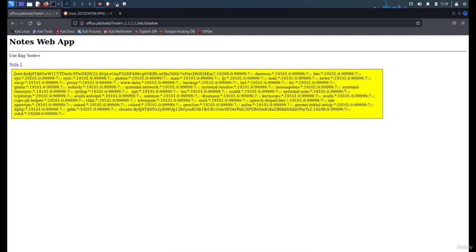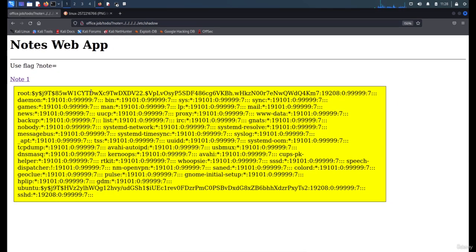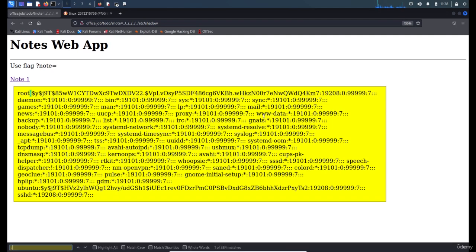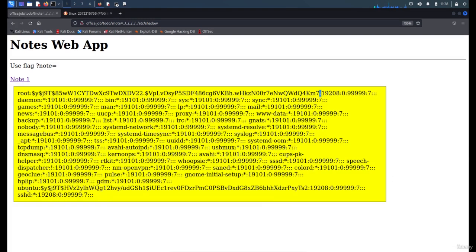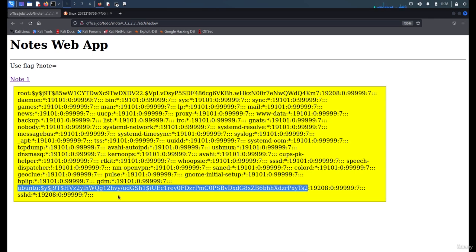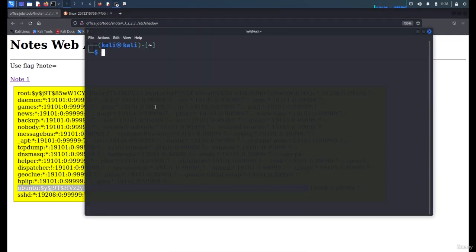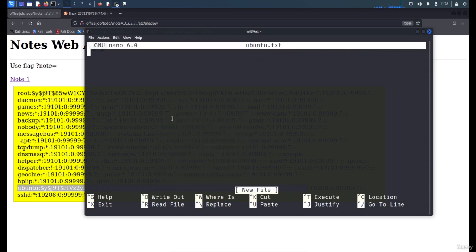So if I copy the first line with root, the separator is the colons here. If I zoom in a bit, you'll see there are many colons here. If I click highlight all, you'll see many different columns, and the columns separate the type of data. So it has the username, then the password, and then some other information. For example, we have the Ubuntu user here, colon, and then the hash of the password. So we're going to copy that, the actual password in hash format, and then we'll crack it. So we'll type, for example, store it in Ubuntu.txt, save it,